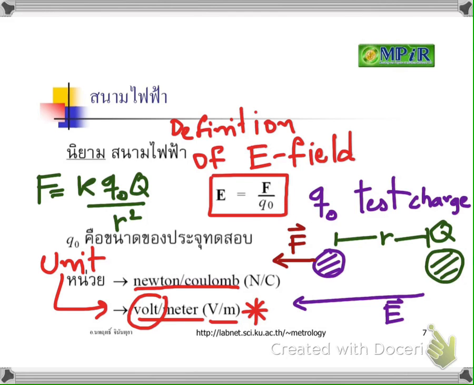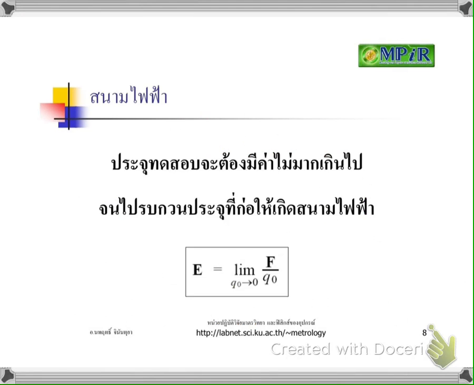But in some textbooks, they will write it in a more mathematical way, that the electric field is equal to the limit of Q0 approaching 0 of the ratio of F over Q0. Why do we have to put the limit Q0 approaching 0 here? The point is that